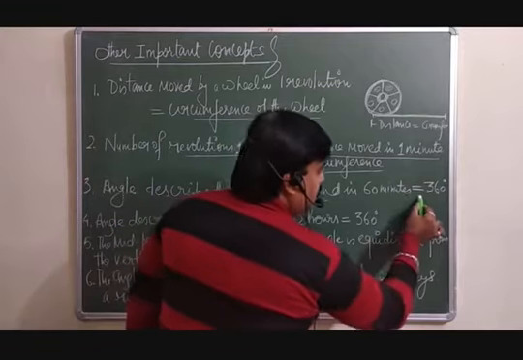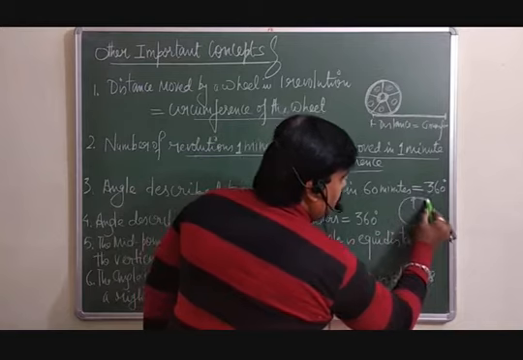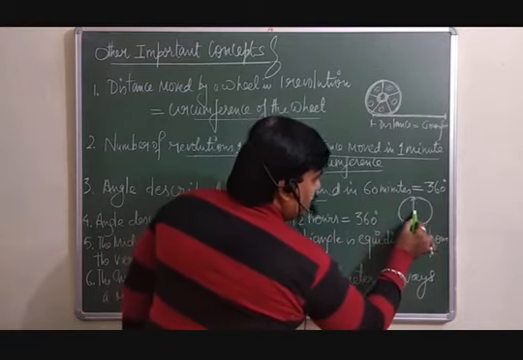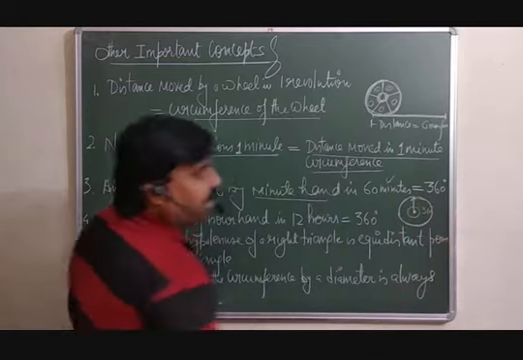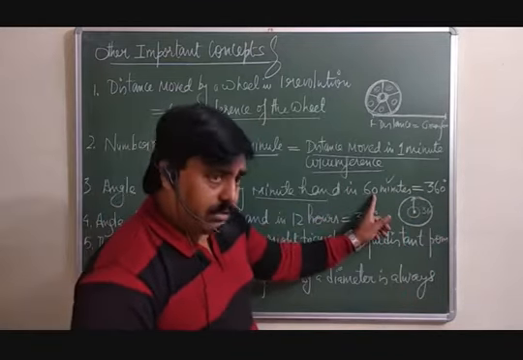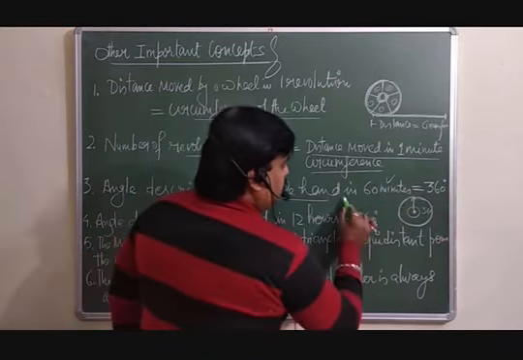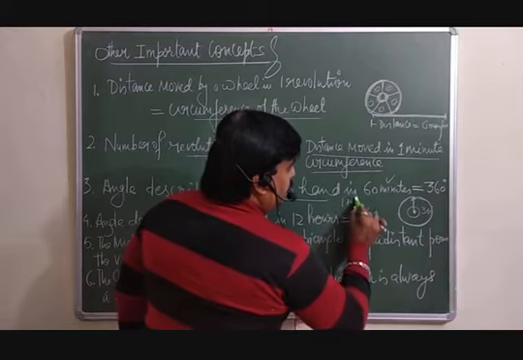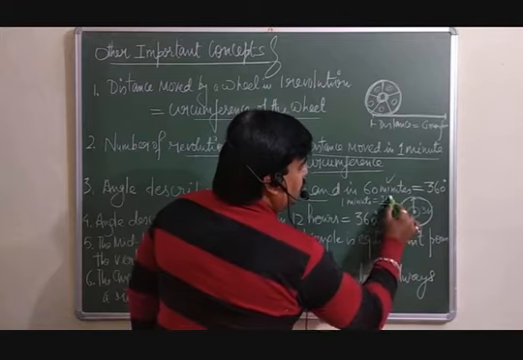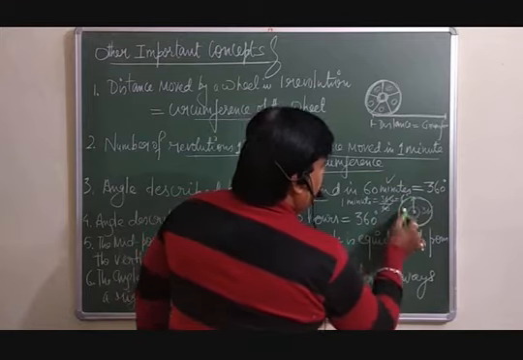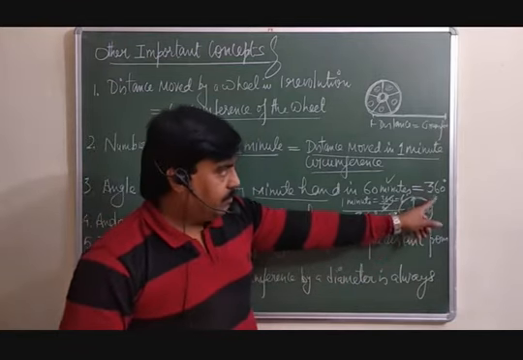See now, the clock is here. This is the minute hand. In 60 minutes it will complete one revolution. Then in 60 minutes it will make a 360-degree angle. That is, we are talking about the minute hand. You want to calculate the angle subtended by the minute hand in 1 minute. You have to divide. In 1 minute the angle subtended will be equal to 360 over 60. So in 1 minute the minute hand will subtend a 6-degree angle.